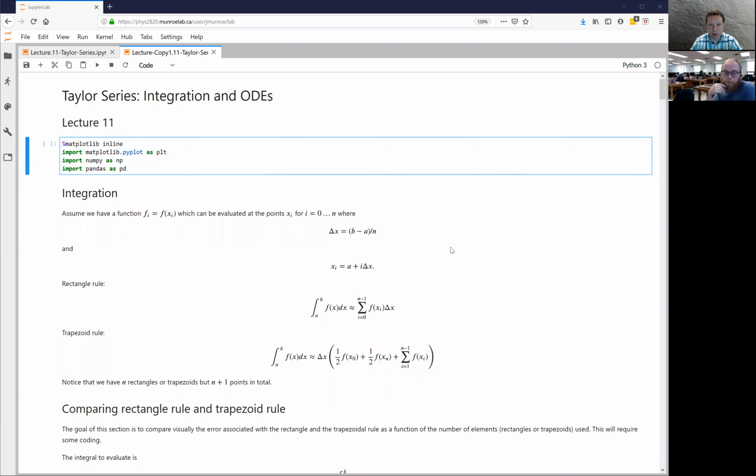One is to integration again, because we began to talk about integration a week ago. And then, if we get to it today, a little bit on how Taylor series will apply to solving ordinary differential equations. So just to review for where we were last time,